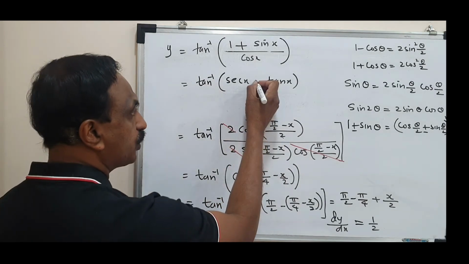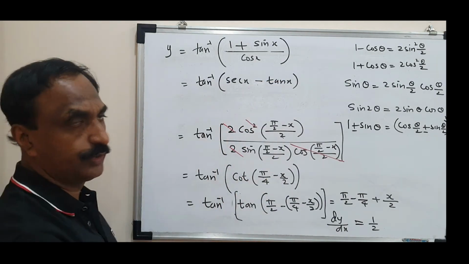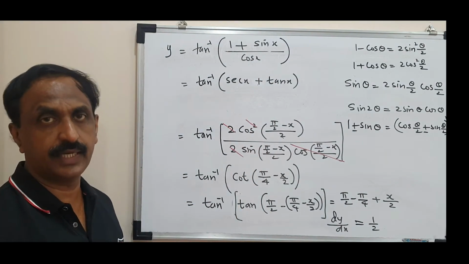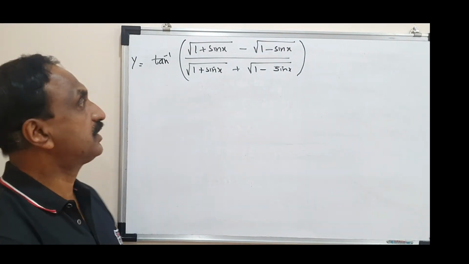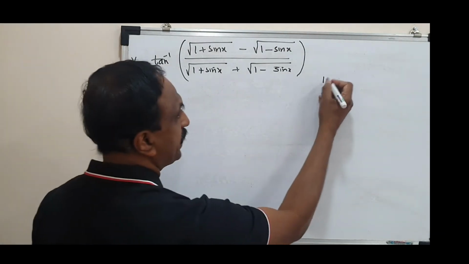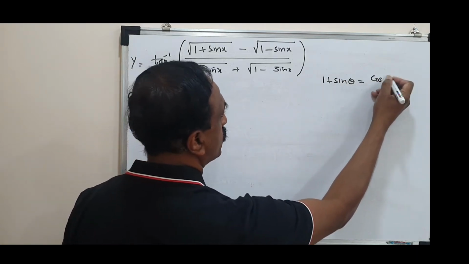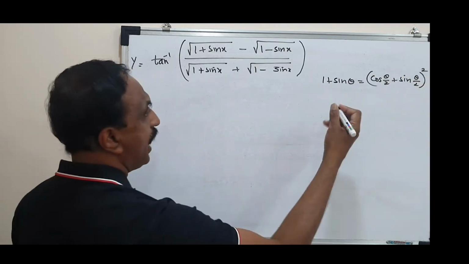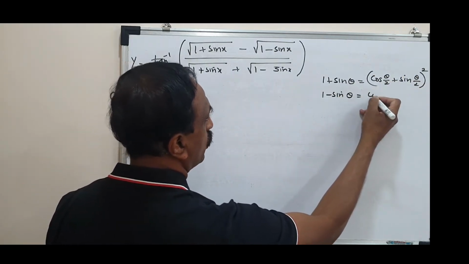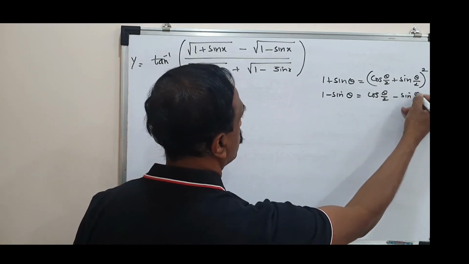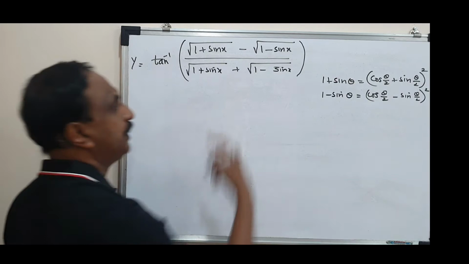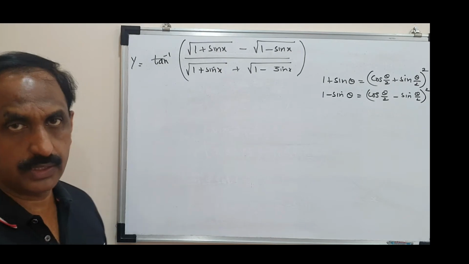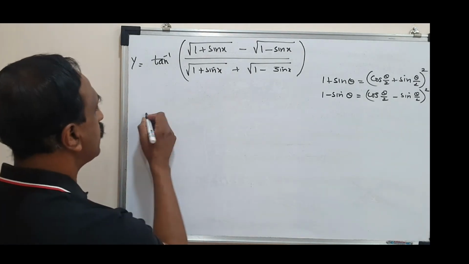They can give you a minus sign here also. The method does not change. The same method you need to apply. So whether it is plus or minus, both are of the same category. So I'm doing only one problem of that category. But in this problem, it is easier for us to apply 1 plus sine theta's formula, which is cos theta by 2 plus sine theta by 2 the whole square. And 1 minus sine theta's formula, cos theta by 2 minus sine theta by 2 the whole square. So if you come across a problem like this, it is easier to apply this, but it is up to you. Even if you convert this into cos in the problem, that's still right. But if you apply this, it is a little faster here.